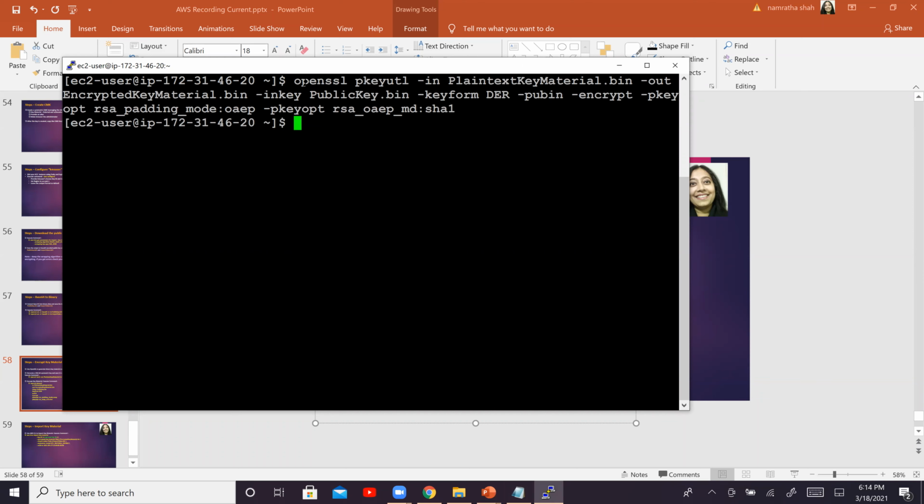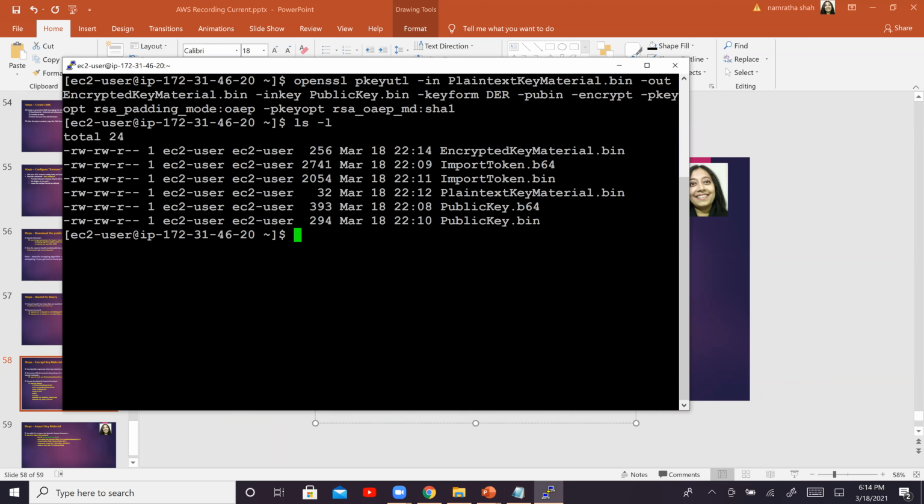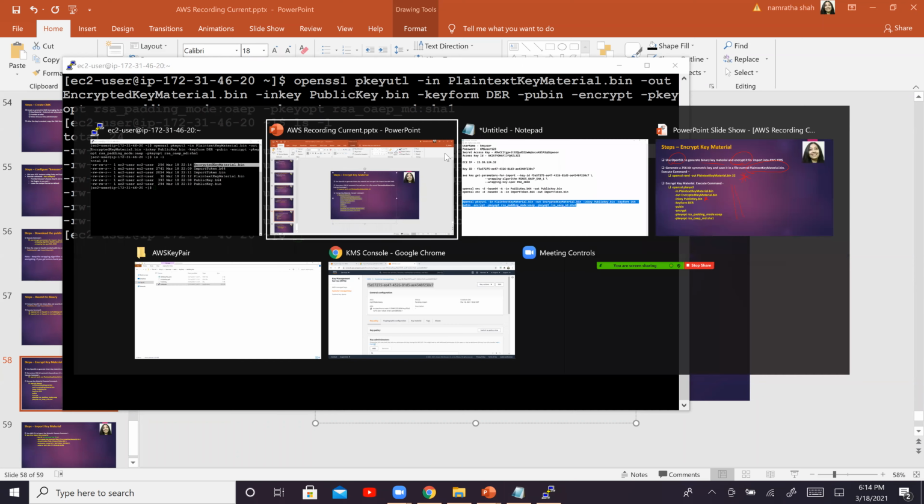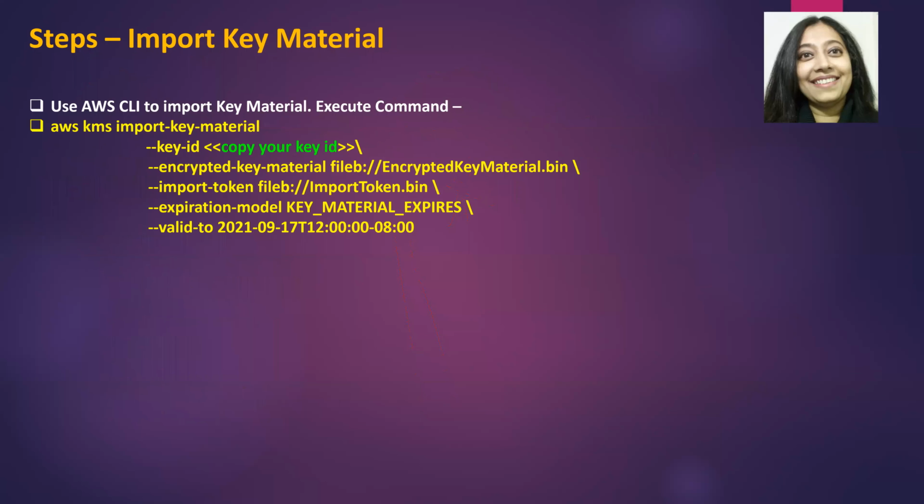Okay, so it looks like it accepted our command and our encrypted key material should now be available. Right, so let's do ls minus l. And that's our encrypted key material right there. Okay, so let's move ahead.